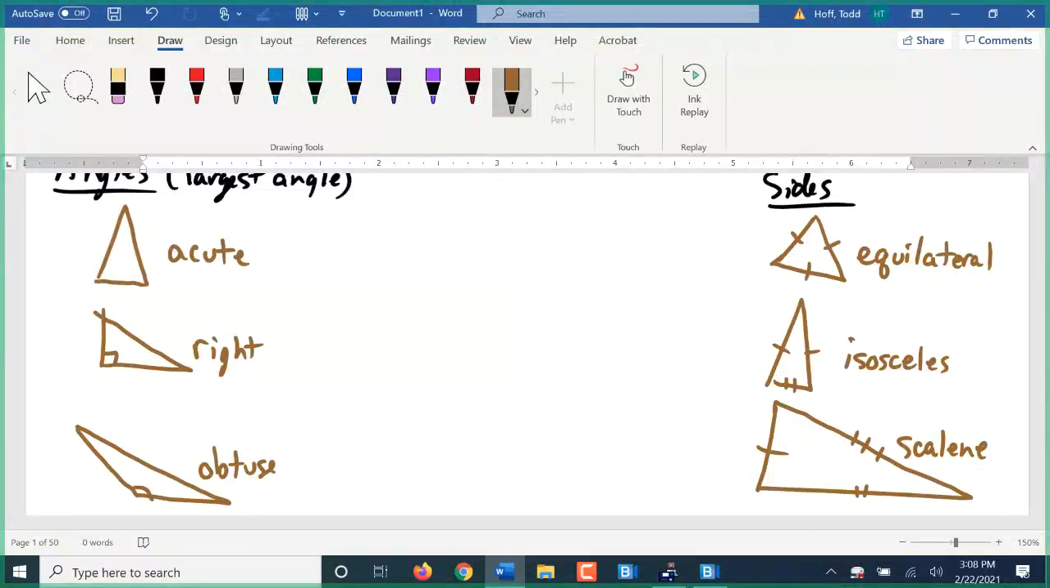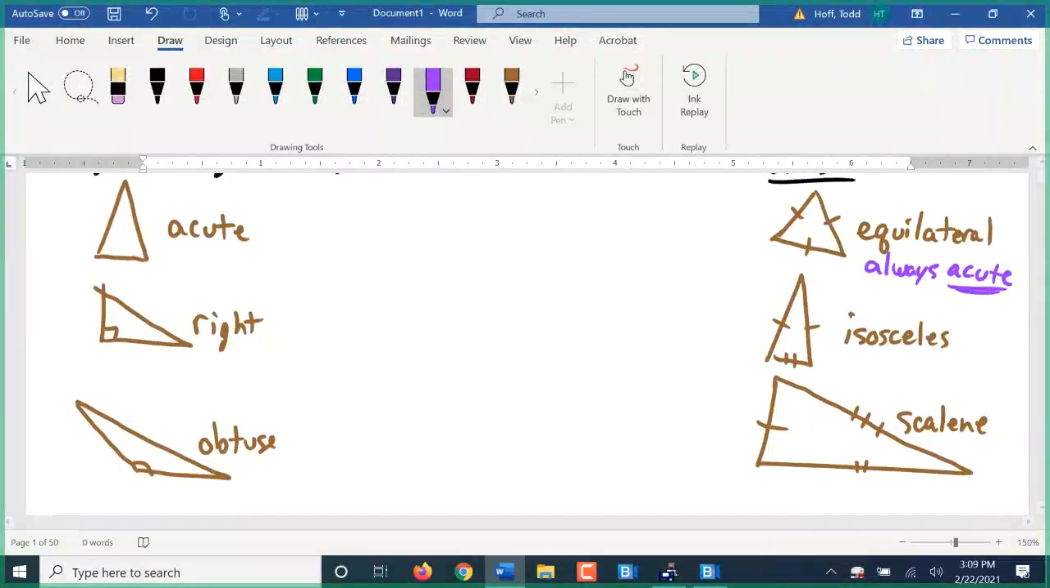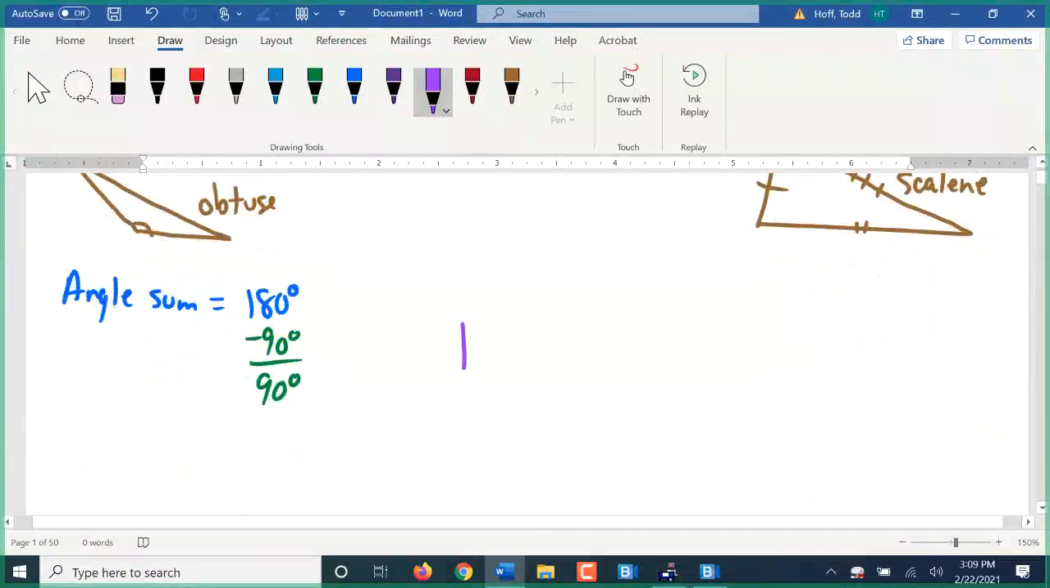Now, often when we name a triangle, at least for certain types of triangles, we will use both the name for the sides and the angle. Mostly for isosceles, occasionally for scalene. Obviously, for equilateral, we can't do it. An equilateral triangle, of course, is always acute. Why does that have to be? Well, one rule in a triangle